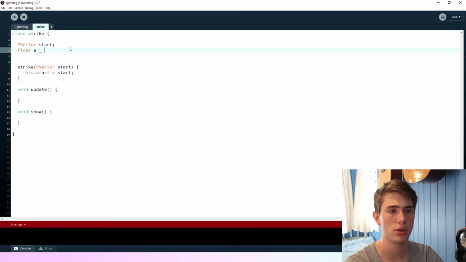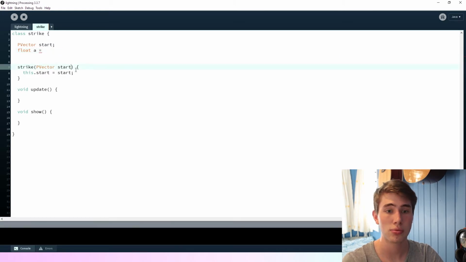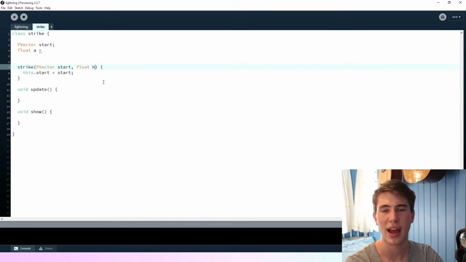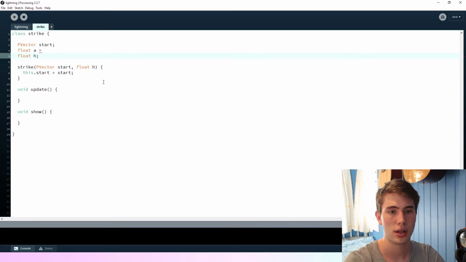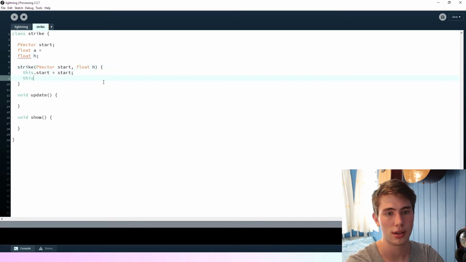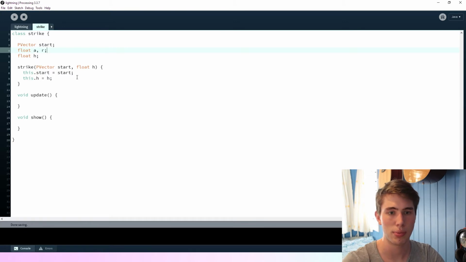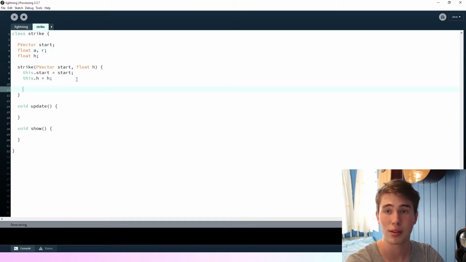So we could get the maximum radius in here. We'll call it h for height. So we'll say float h, and then in here we'll say this.h equals h, and then here we'll just leave the angle and the radius blank for the moment,